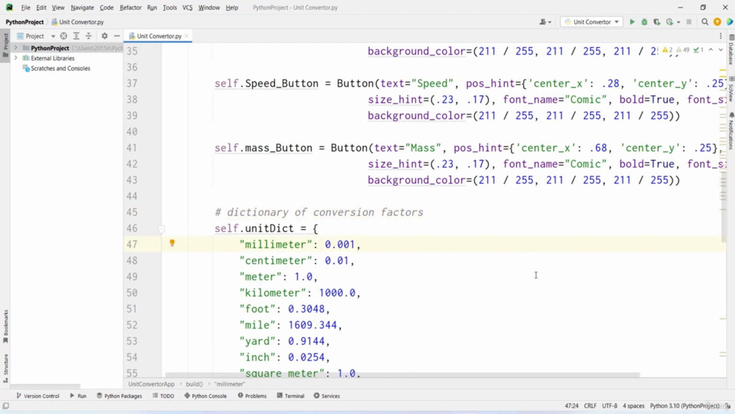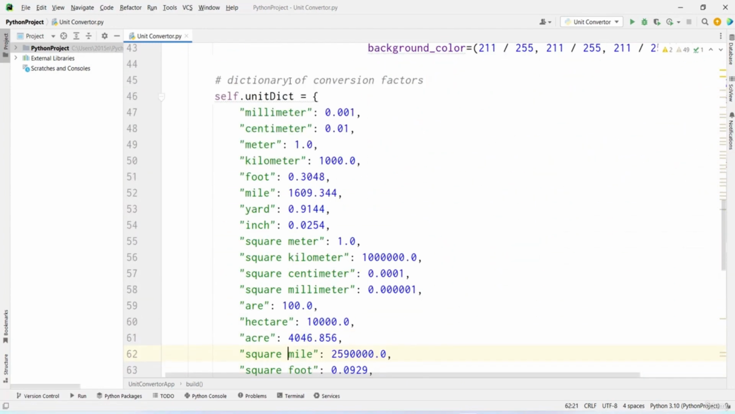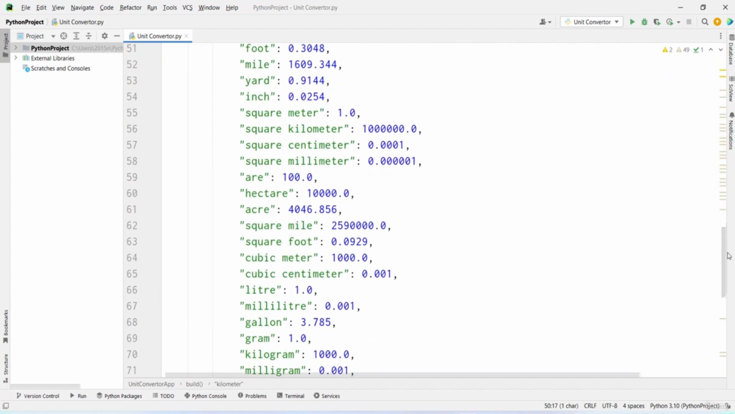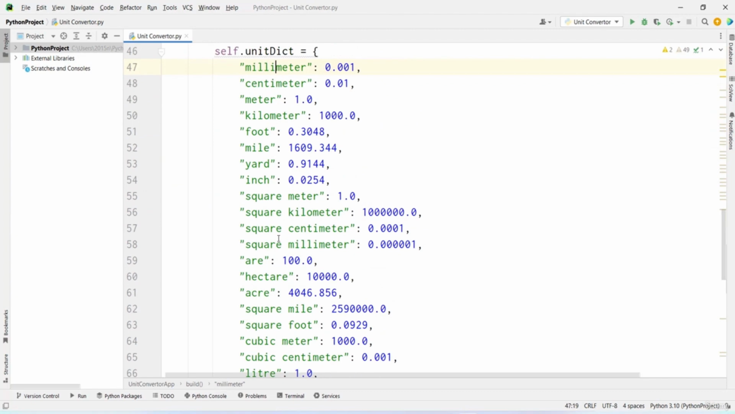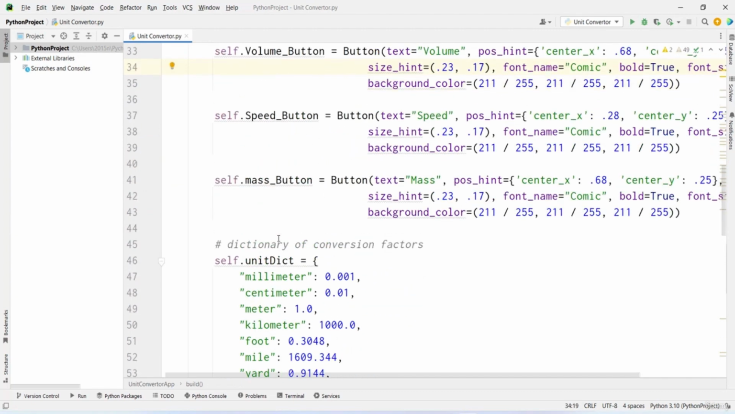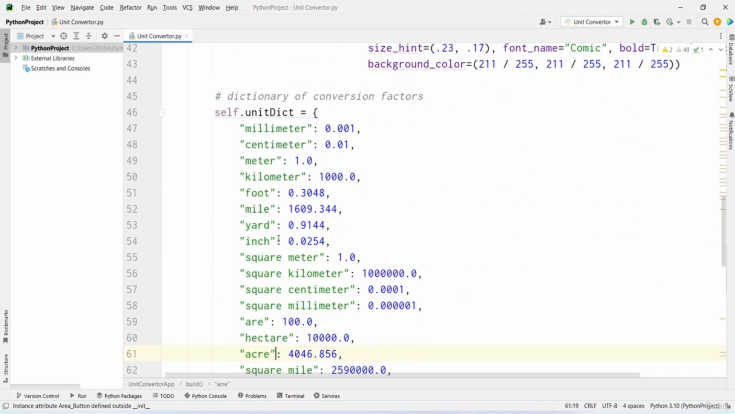Okay, now the next thing that we're going to be doing is that, for example, if the user clicks on the length button, then we only want length units. So for example, the length units are millimeter, centimeter, meter, kilometer, foot, mile, yard, inch, and these are not the length units. For example, liter is not a length unit, milliliter is not a length unit, gallon is not a length unit. And now similarly, when the user clicks on the speed button, or for example, the user clicks on the area button, then